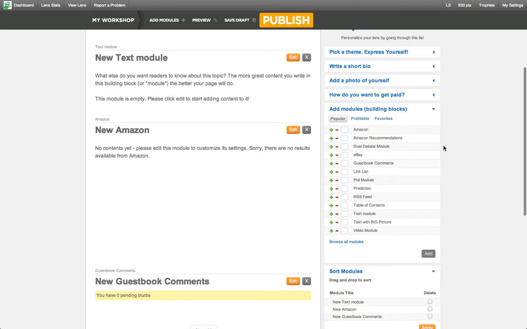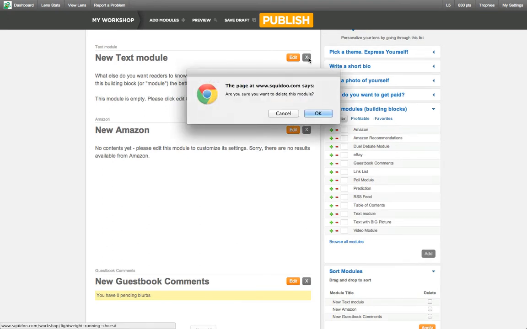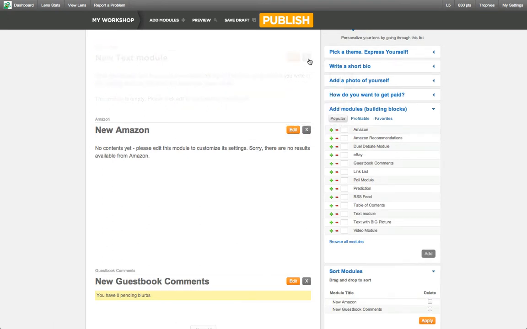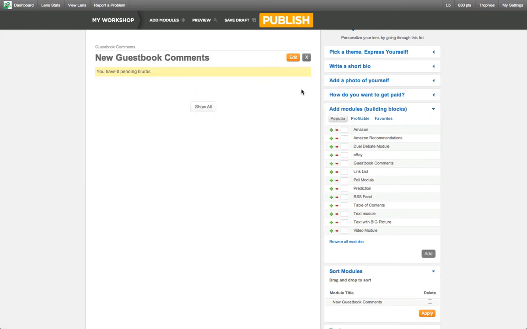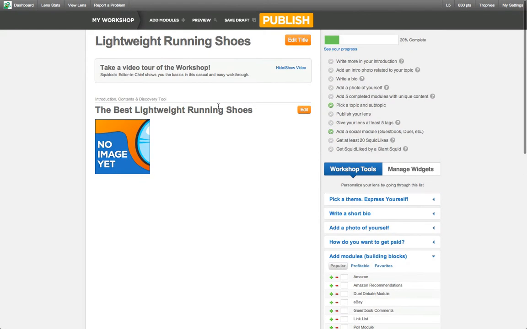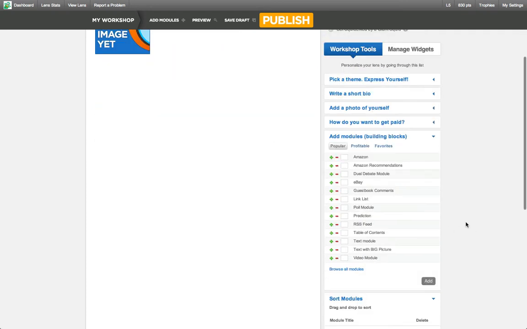Now what I normally like to do is remove all the standard modules. You just do that by clicking on the X to the right, and then that sets up the very basic view. So the first thing that I'm going to do is add in some modules which are down here on the right,